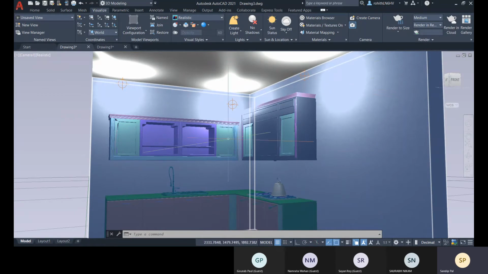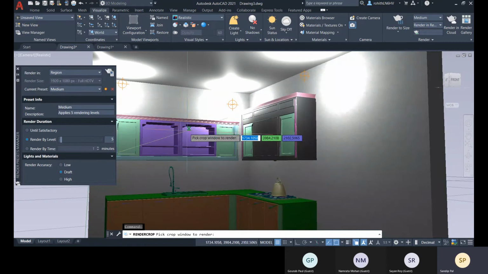For that you can specify the region, or else you want to render the total viewport you are having, or else in a single window, another window, you can get the render output, so that you can choose.